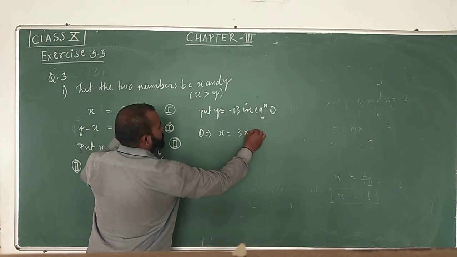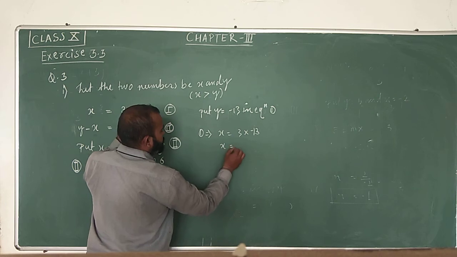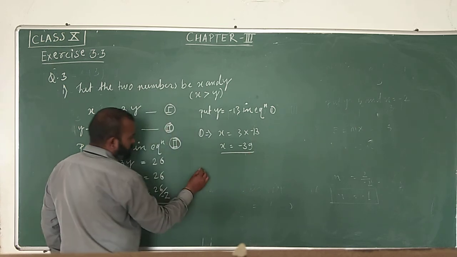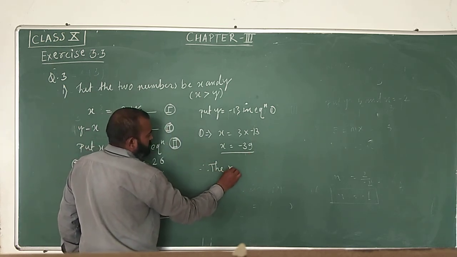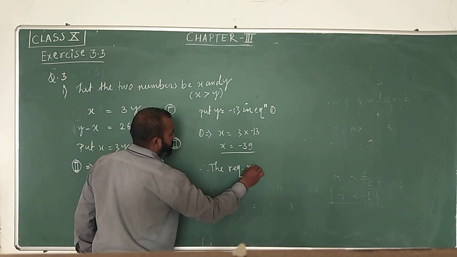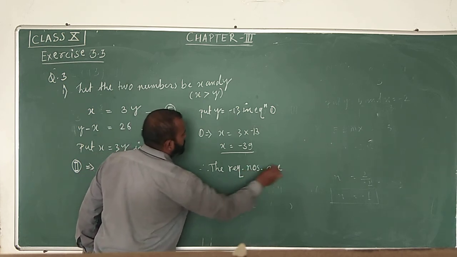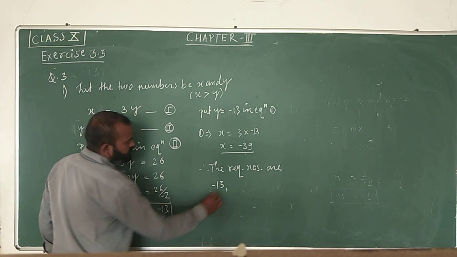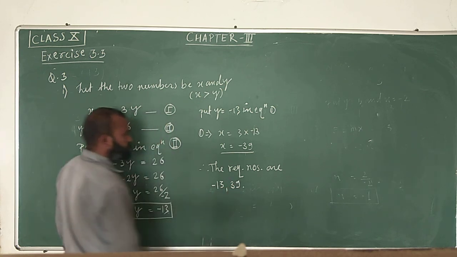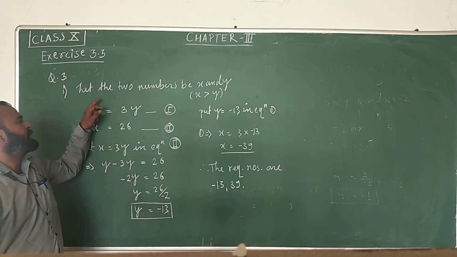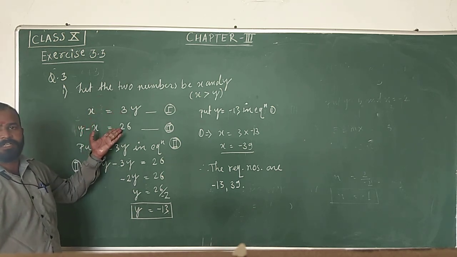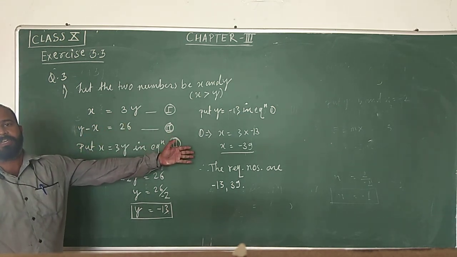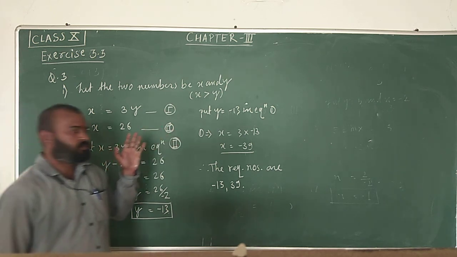What is y? 13. So x will be equal to 3 thirteens, which is 39. So we can write, therefore, the required numbers are 39 and 13. Okay, understand? So like this we have to form the conditions first, and then solve by the substitution method. Okay, so next we will see in